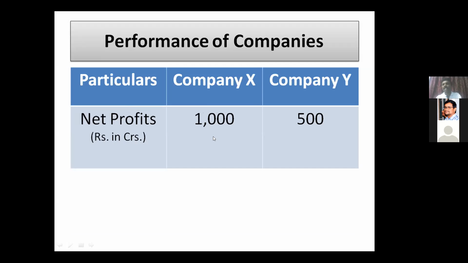Now, the point to be noted here is, where do we get this net profit information? We get the information in the profit and loss account. When we look at the profit and loss account of X and the profit and loss account of Y separately, company X has 1000 crores, company Y has 500 crores. So we get this information in the P&L account. Where do we get the investment details? In the balance sheet. On the liability side of the balance sheet, we get this information about the investments. So profit and loss account and balance sheet both